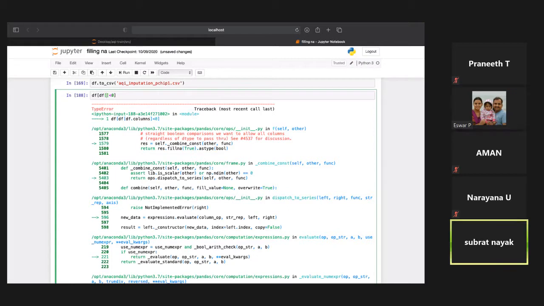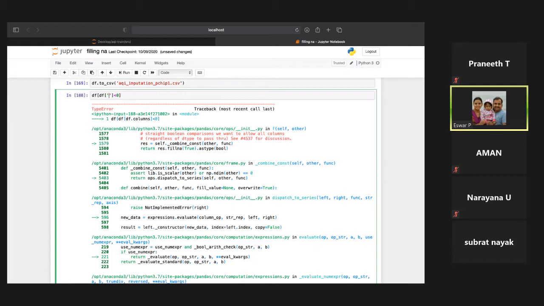Sir, so we can use the AND operator. That also can be done. It should not be AND.